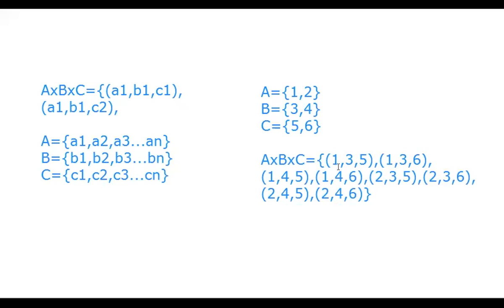That 1 3 same like this. 1 3 is one element and 6 is another element. Two tuples will be there. 1 3 will be first and 5 will be second. 1 3 will be first and 6 will be second. In this case, 1 4 will be the first tuple and then 5 will be the second. Then 1 4 will be the first and 6 will be the second item. Same 2 3 will be the first, 5 will be the second. 2 3 will be the first, 6 will be the second. Same with 2 4 and 5 and 2 4 and 6.